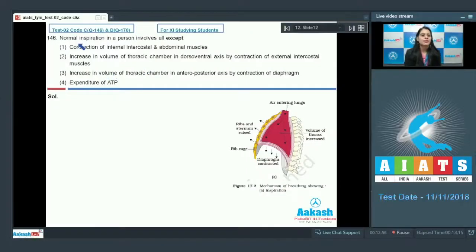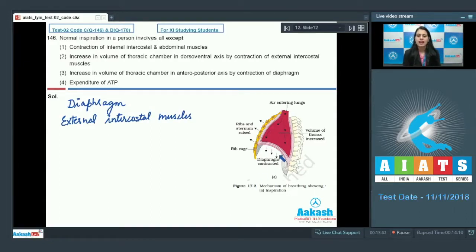Question number 146. Normal inspiration in a person involves all except. So you have to find out the option which is not involved during normal inspiration. And we know that two types of muscles will help in normal inspiration, which are diaphragm and external intercostal muscles. As you can see in this figure, this is diaphragm and the external intercostal muscles are present between the